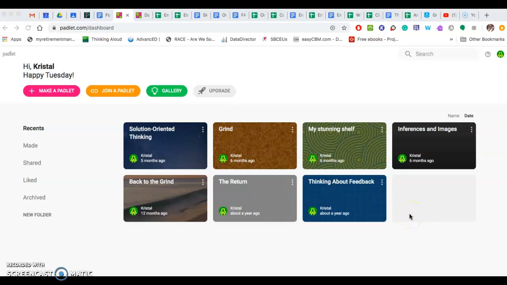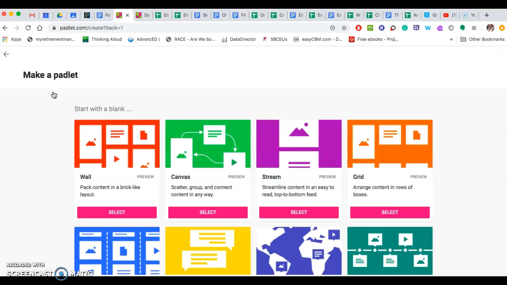And just FYI, there is a limit of how many Padlets you can build. In the free version, it's like 19 or 20 or something. So I just delete my old ones so I can keep using the free version. But it's very simple. You can just create a Padlet, and I'm going to walk through creating ours so that